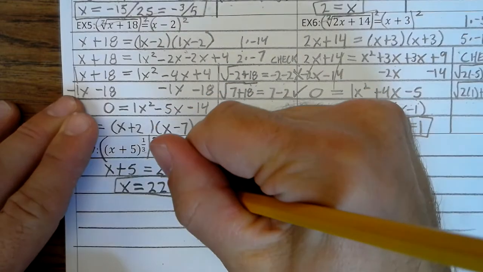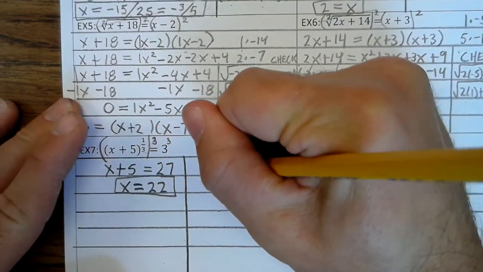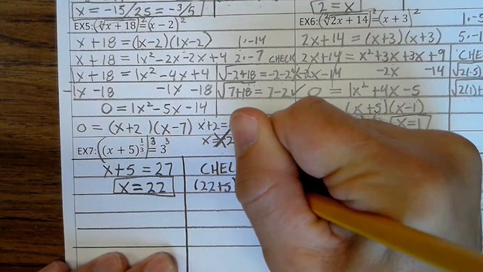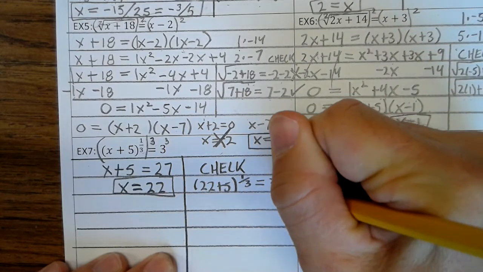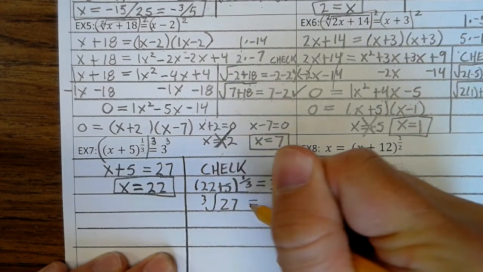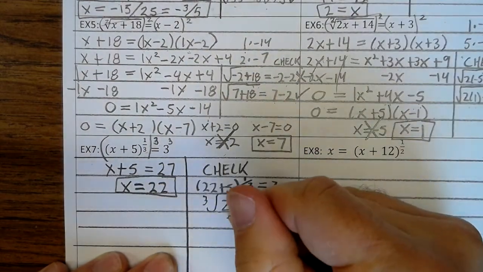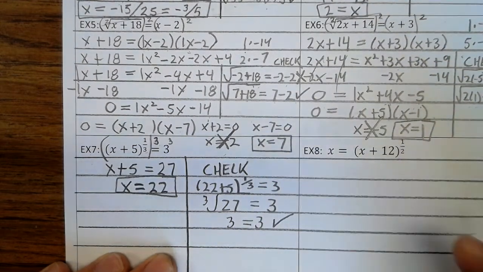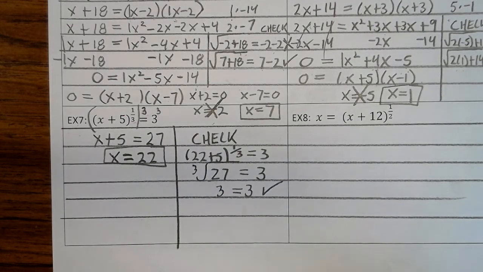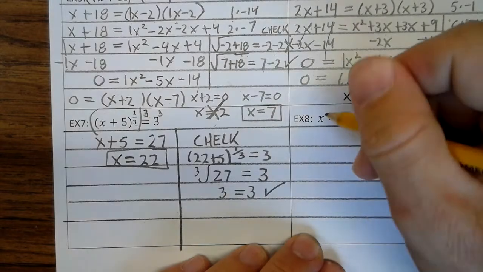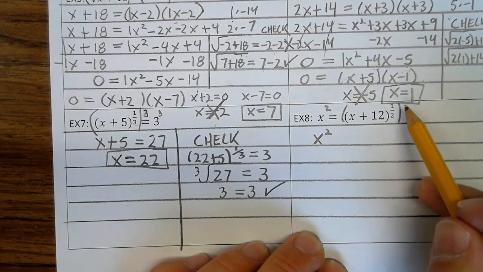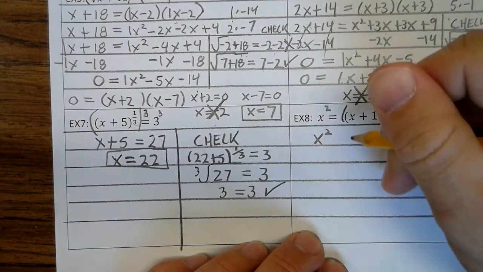Then you check your work. So then we know that's 22 plus 5 to the power of 1/3 equals 3. We can rewrite this as the cube root of 27 equals 3. Well, the cube root of 27 is 3. 3 equals 3, so that checks. All right, example 8. Same thing. But in this case, we're going to square both sides. So that's x squared. 2 times 1/2 is 2 divided by 2, which is 1. So that's just equal to x